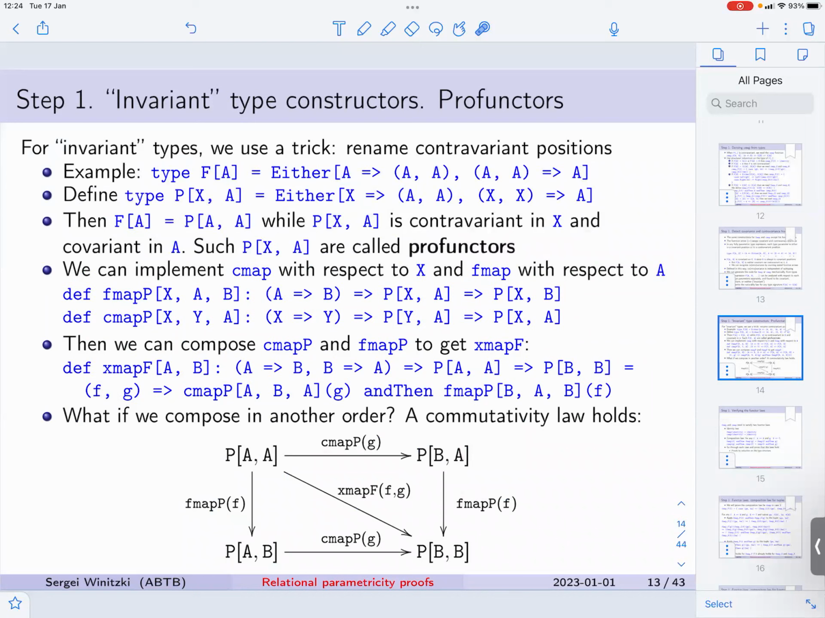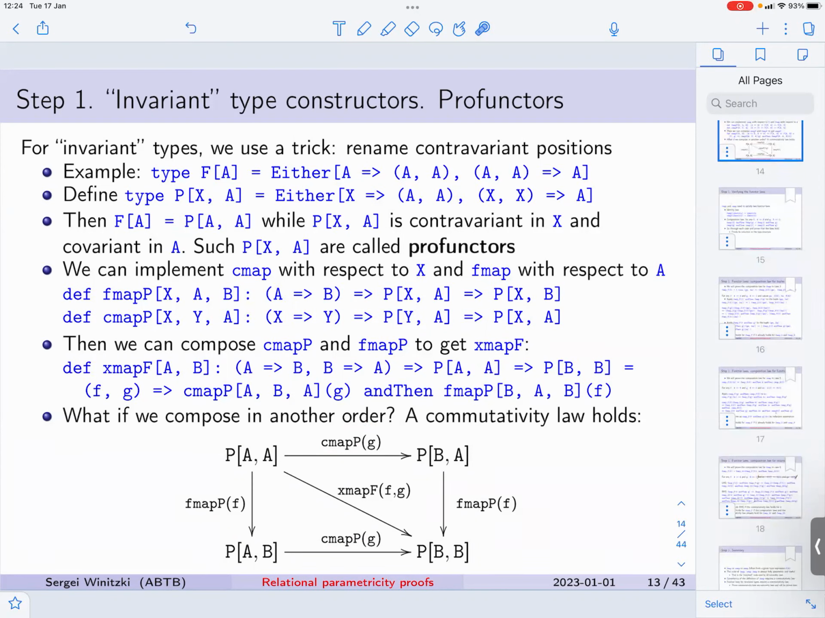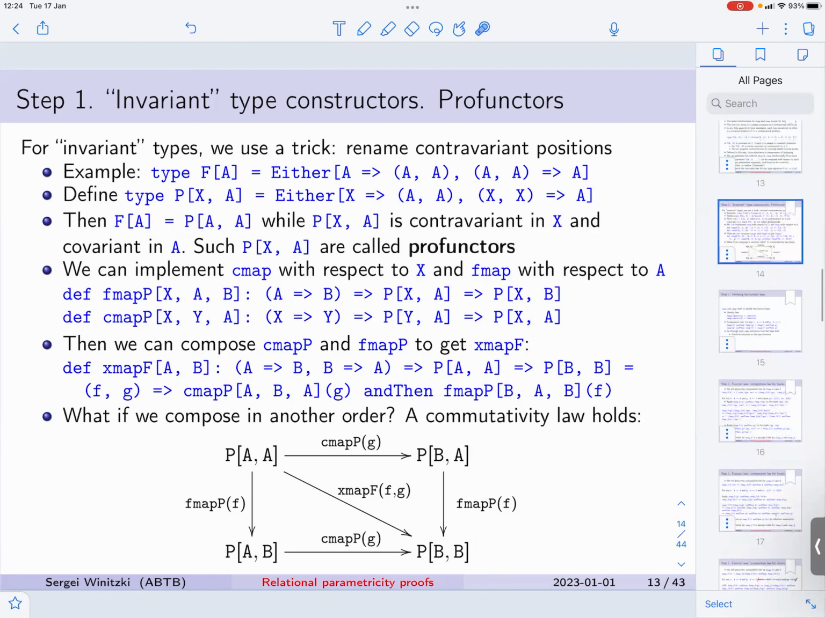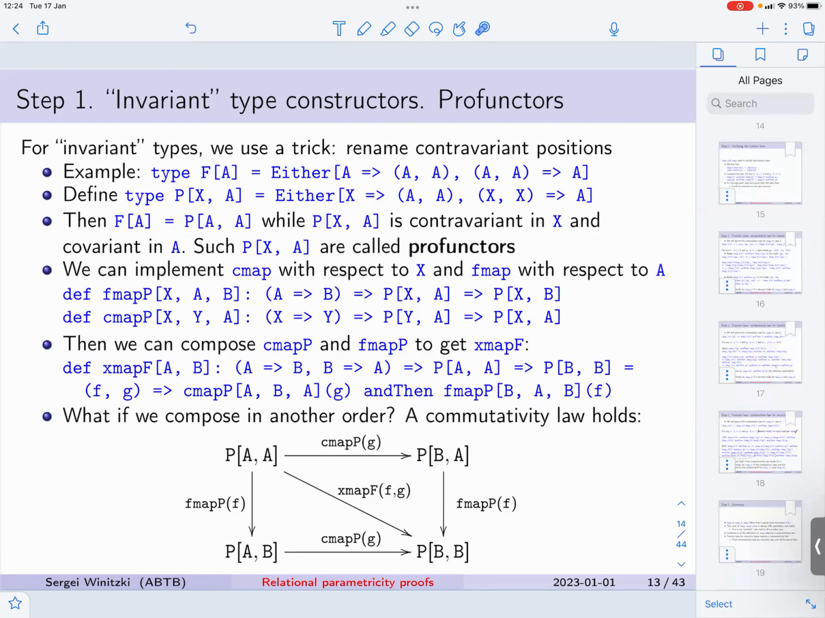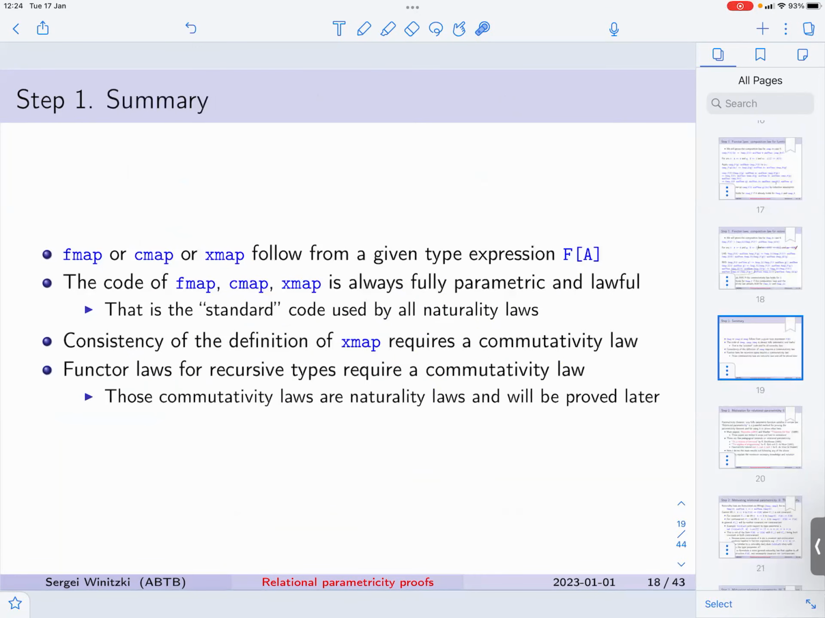Now, this is exactly the same law where you apply fmap either before or after applying the cmap. So you can see, this is a naturality law of this function, cmap. And if this function is fully parametric, the naturality law holds for it due to the parametricity theorem, which we will prove. So right now we have not proved it, so we need that as an assumption. But essentially, the functor laws hold as long as everything is fully parametric. And right now, what we have seen